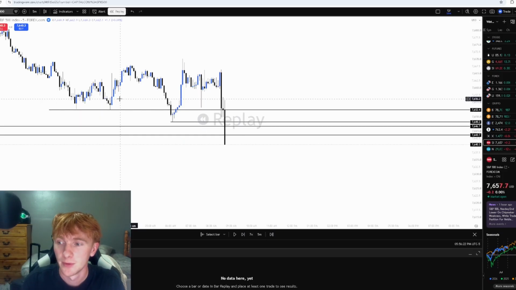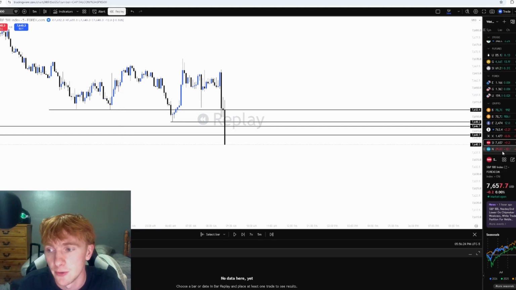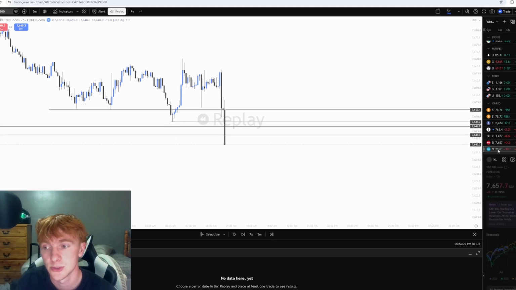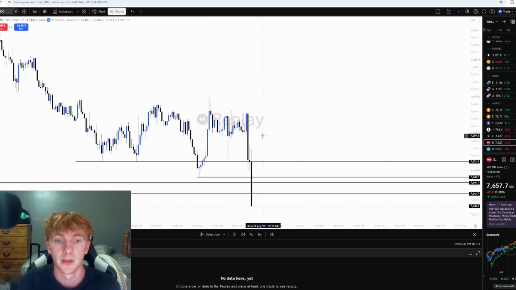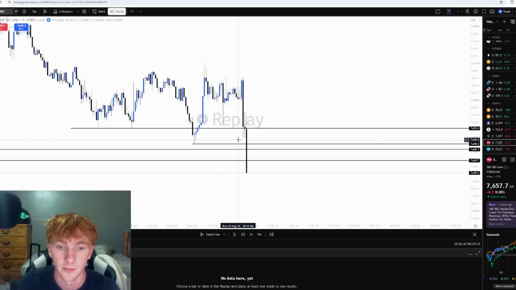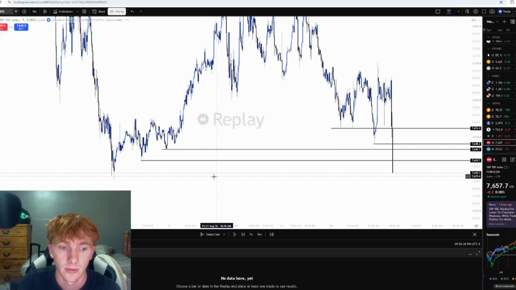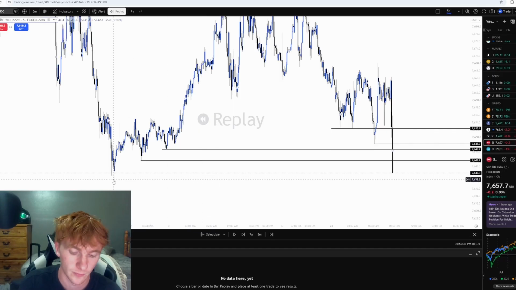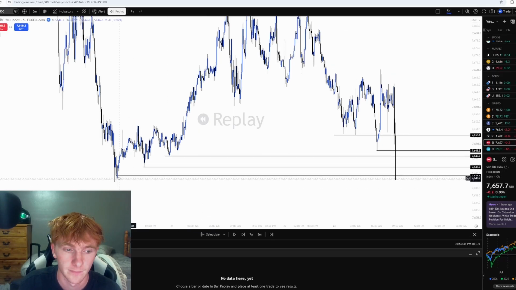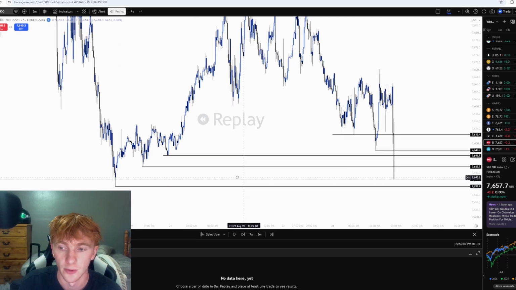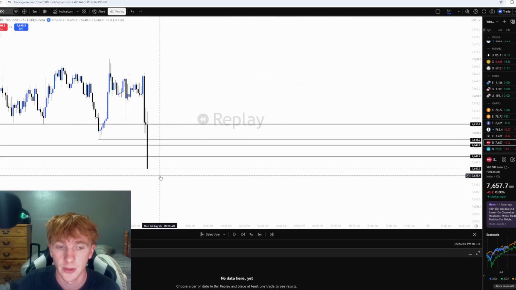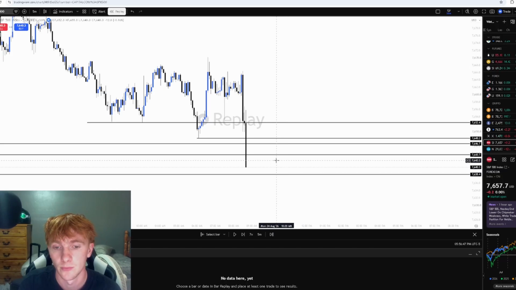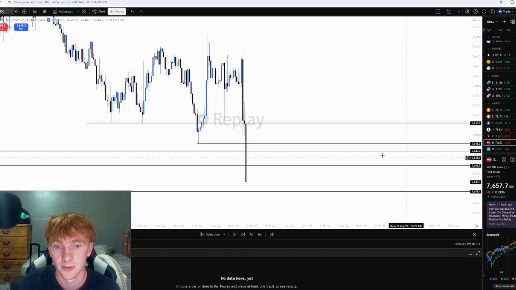Mark all those out. And I marked out my liquidity and I noticed that ES is more bullish and NASDAQ's more bearish, because NASDAQ went all the way to this bottom and ES has not. ES is still above this one right here while NASDAQ took them all out. So immediately I'm thinking we are gonna long today, because we already took out all that liquidity and it's time for us